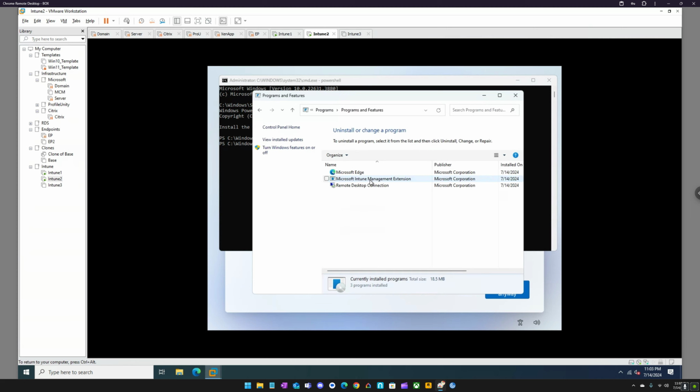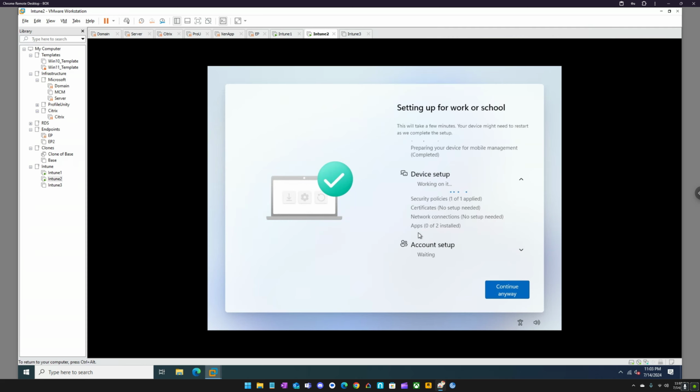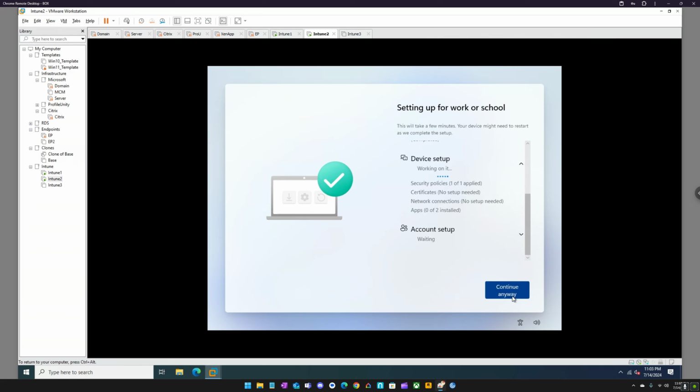So that extension installed. All right, so security policy, no certificates, no network setup. Now it's installing the apps. So I can continue anyway, because in that status page piece,